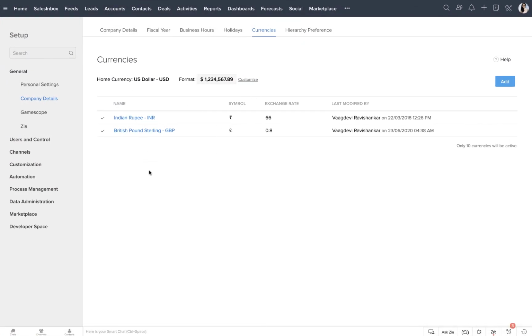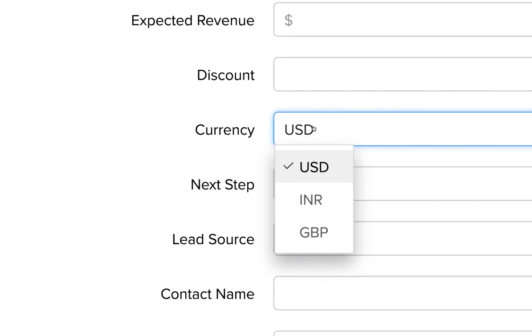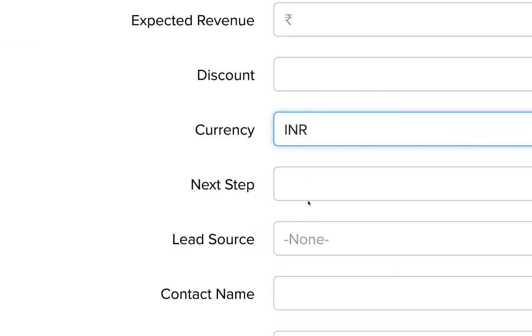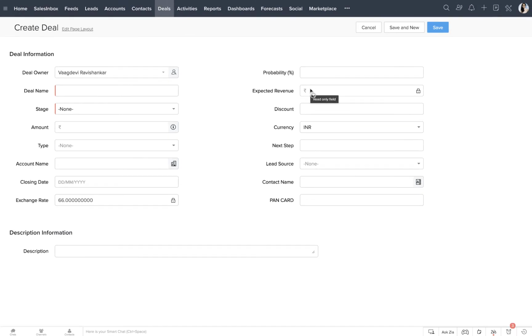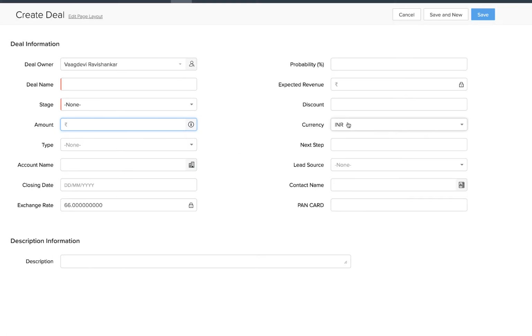Once you have added multiple currencies, now you can see when you add a deal, there is a field called currency that gets activated. So you can choose which currency you want your transaction to be in. Here you can see that the amount has changed to Indian rupee because I have changed the currency. As you add multiple currencies, those will reflect here.